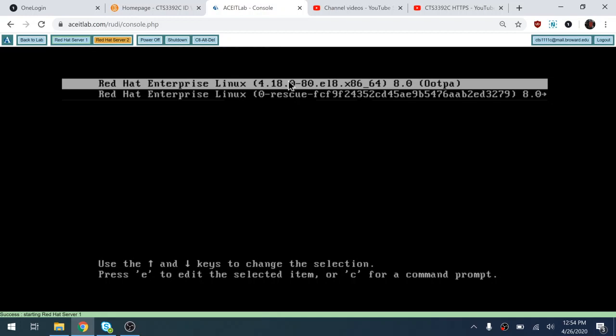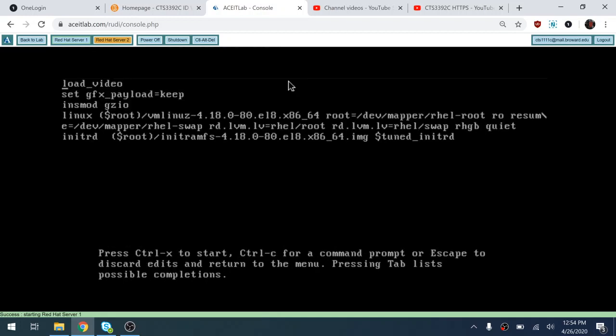So what we're going to do is choose E to edit our kernel lines. Those two kernel entries, they're called stanzas. So I'm editing the stanza for our normal boot kernel. And you might have more kernels than this. If your machine did a kernel upgrade, you might have multiple kernels. So what I'm going to do is use my arrows to go down to this